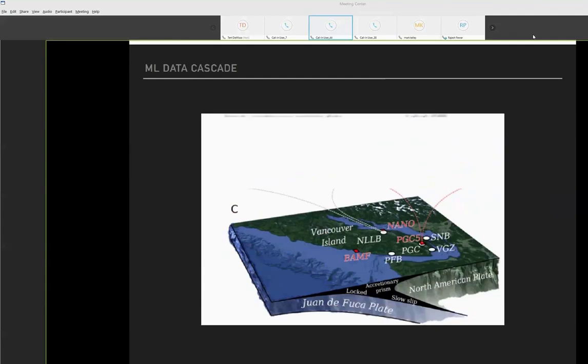The reason we went here is because we have a training and testing data set. In other words, the fact that we have slow slip taking place on a 12 to 14 month cycle, and we have recordings back to the early 90s, means we have a fairly good training and testing data set. So we're not looking at stick slip events here, but slow slip, only because we have enough data to train and test on. Next slide, please.